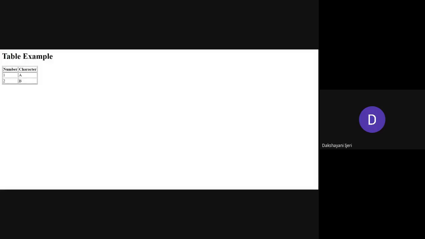Okay, I think you are able to see this web page here. It contains a simple table which has 3 rows and 2 columns, right? You can see the headings of the columns are number and character, whereas the contents are 1A and 2B over here. Are you able to see this? All the cells have been enclosed using lines. The border has been put to make it appear as a table.